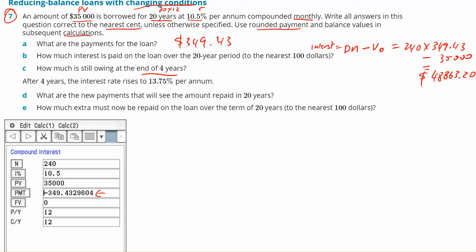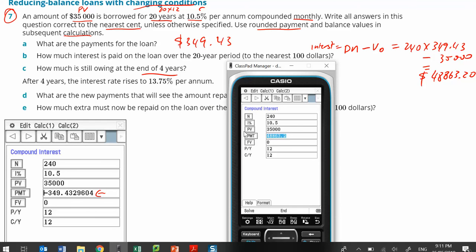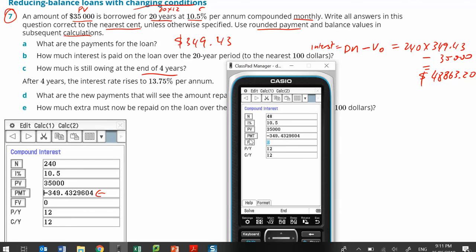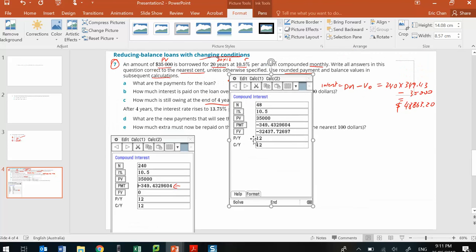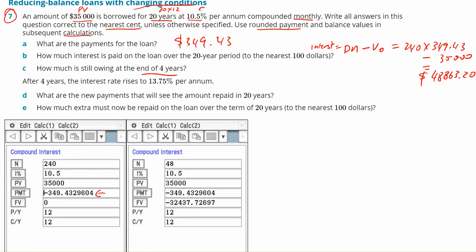How much is owing at the end of 4 years? You take a snapshot of the loan, because we already have the payment amount. We can use that to get a snapshot of the loan at 4 years. So 4 years means 4 times 12, and we're just trying to find the final value. When I take a snapshot of the loan, the answer is here. Negative means we still owe